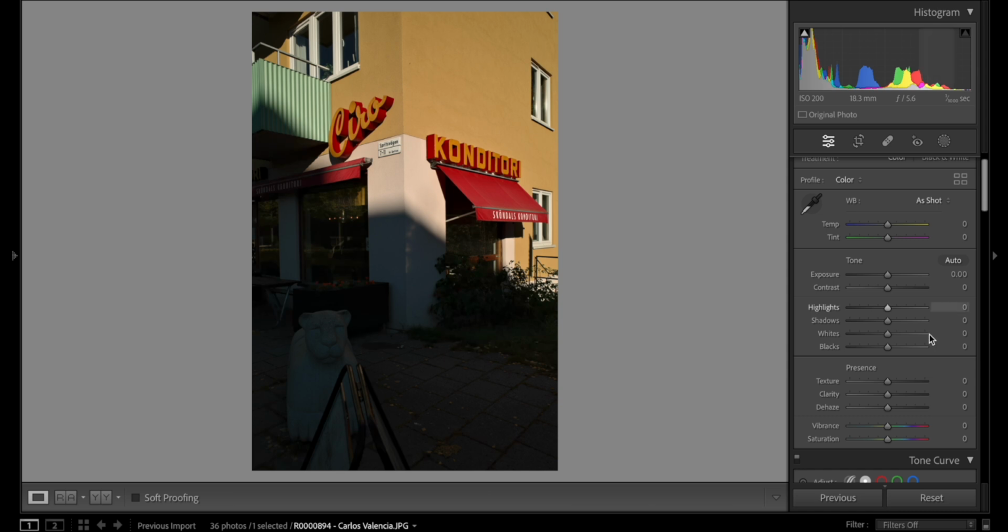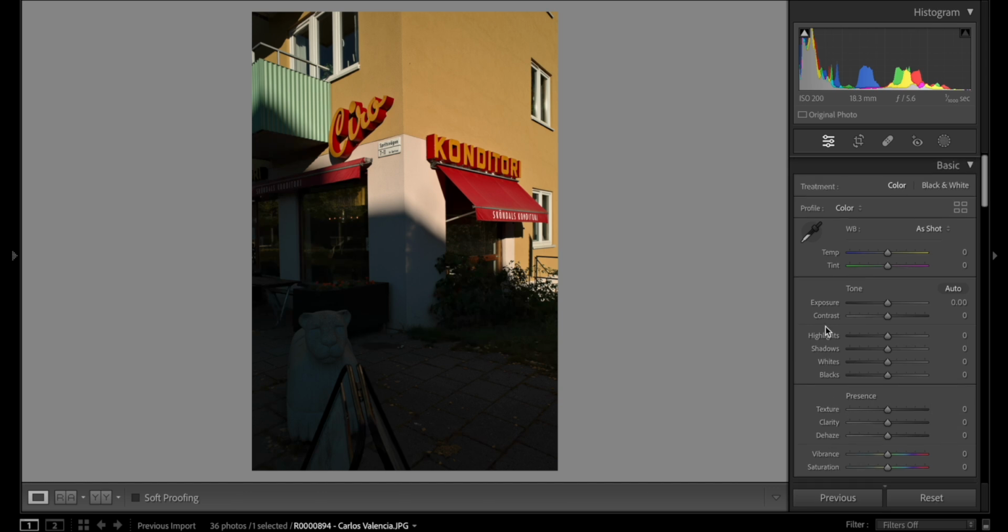Carlos, just bringing the fire. Konditori. Okay, this is in Sweden. Amazing, so cool. I'm Swedish by my mother's background, so I spent a lot of my childhood in Stockholm. All right, so